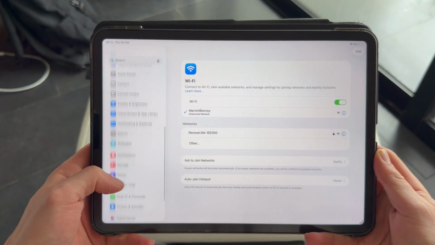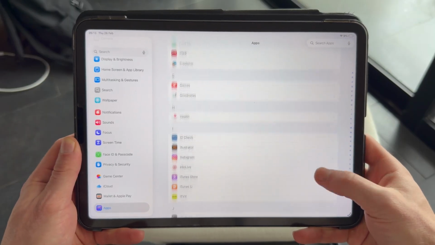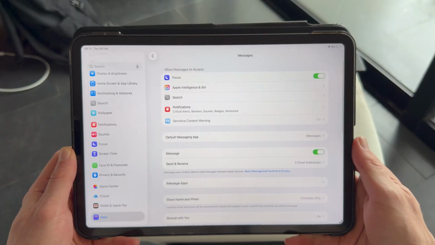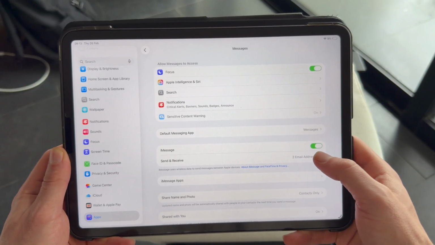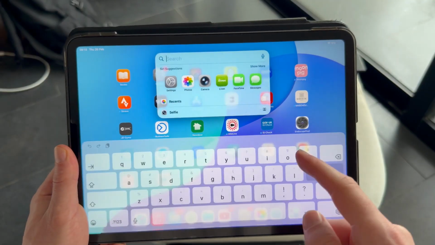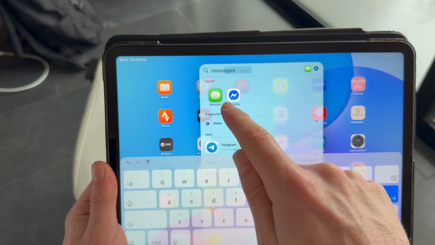You can then scroll down on the left-hand navigation and click on Apps. Scroll down again until you see Messages and go and click on this. Now just make sure iMessage is turned on and enabled, and then you can go and close out of this window. Use your finger to swipe down on the screen and go and search for Messages and open up the